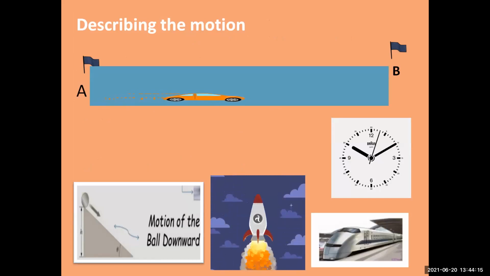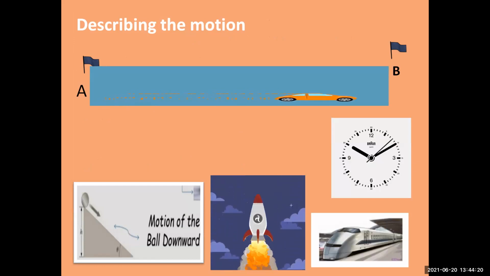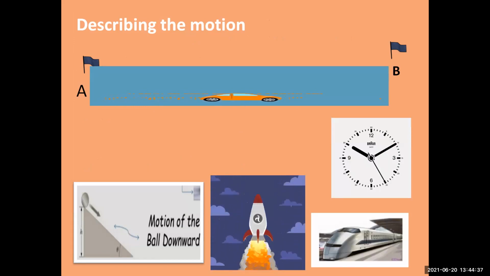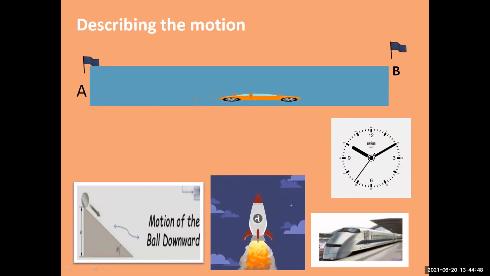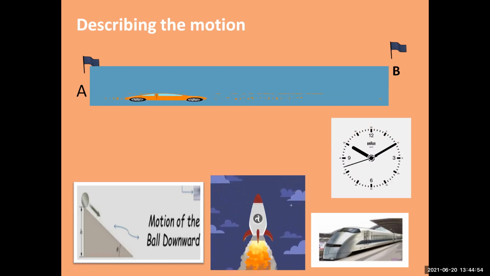As soon as the word motion comes to mind, we think about something moving. Look at the car here. Earlier it was at point A, it starts moving towards point B. So we say that the object is changing its position with respect to another object. Look at the hands of a clock. It started from 12 and it started moving from one place to another. So there is a change in the position of the object. That is called motion.